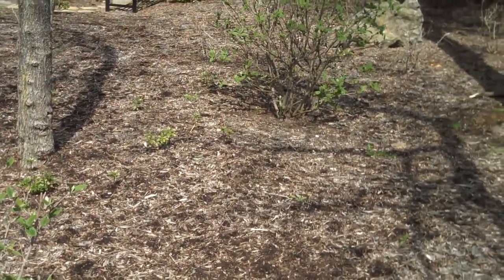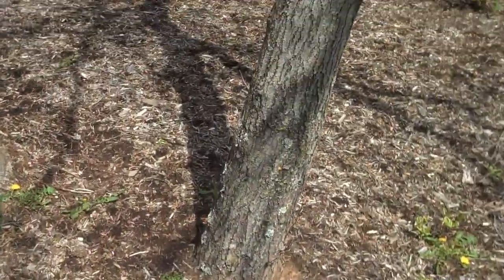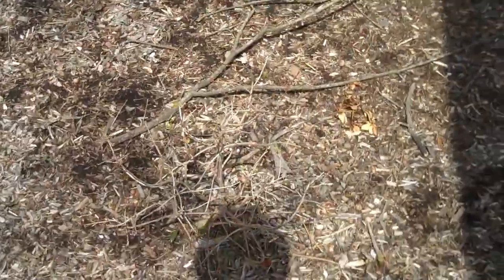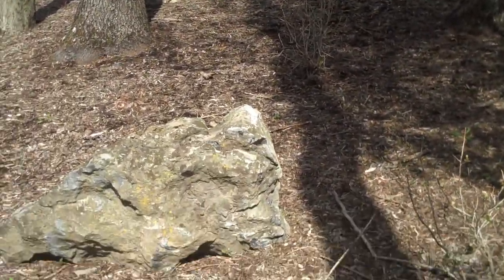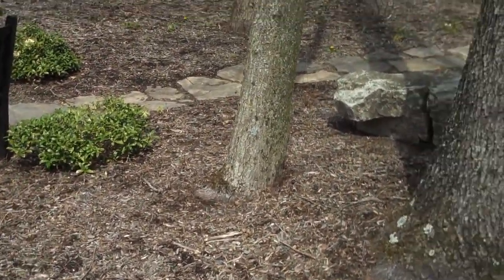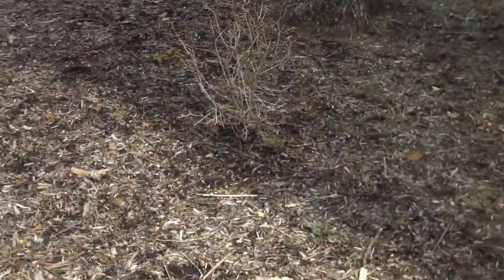Chris Orser Landscaping also offers a deer repellent service, where we come out and spray your existing plants in the landscape, which repels the deer, and over time they learn to stay away from these particular plants that deer like to browse on. So there are solutions. If you have a deer problem, call Chris Orser Landscaping, and an expert can come out and assess your property, whether you have to replace your plants or we can put down the deer